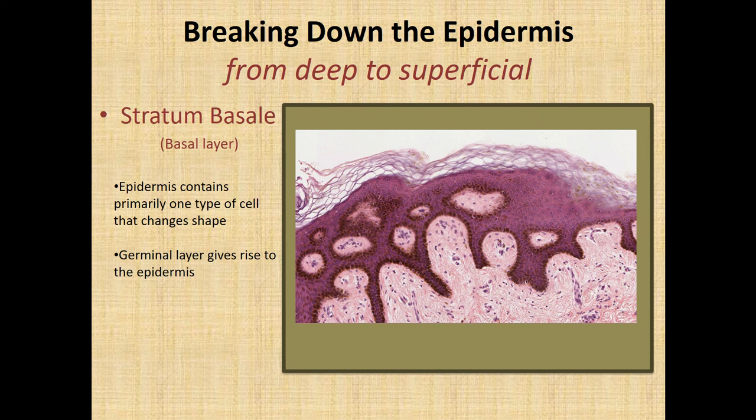Okay, we're going to go layer by layer in the epidermis, and we're going to talk about the differences between the cells and why we call certain layers specific names according to their characteristics and their location. So the deepest layer in the epidermis is called the stratum basale, or the basal layer, and like other basal